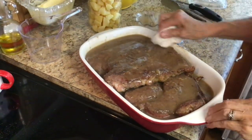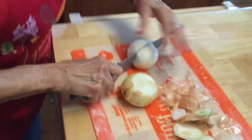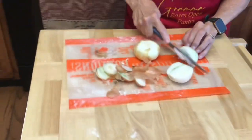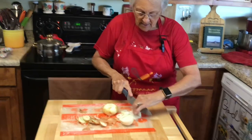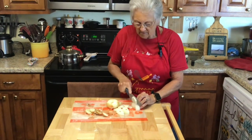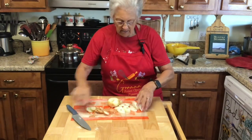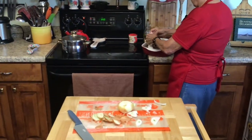But first, come right here, honey. I've got some onion, and I'm just going to cut these. It's a medium-sized onion. So I peeled it. I cut it in half, and I'm just slicing it like that. Okay? Now, I'm going to put this over my gravy,